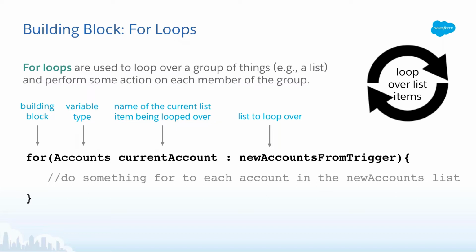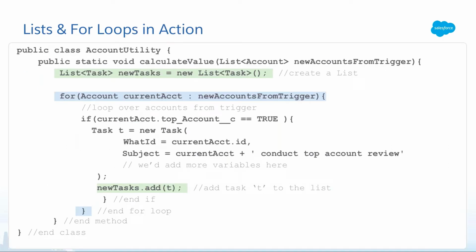And so once we look at that individual item, we give it a name. The name that we're going to give each individual item is called current account. And then once we get to each individual item in the list, we look inside of our curly braces, and inside of that is actually doing something to that individual item. So if you're a bit uneasy about lists and for loops, don't be discouraged. Let's pull together everything that we learned so far by taking a look at a snippet of code.